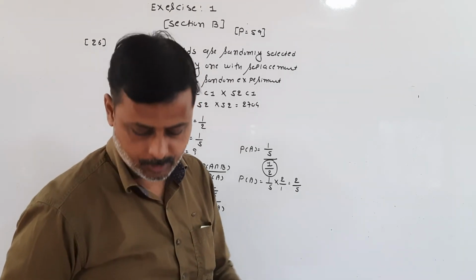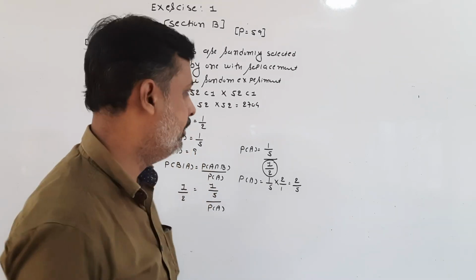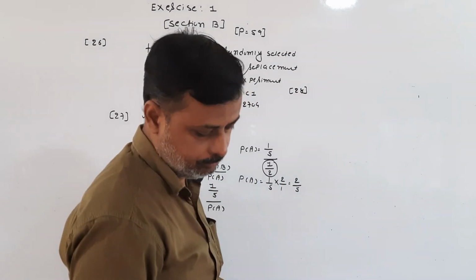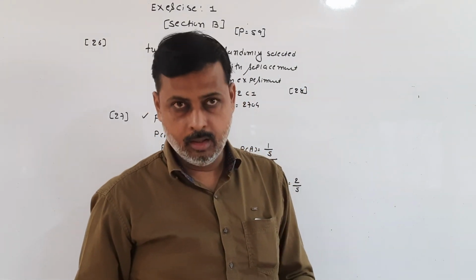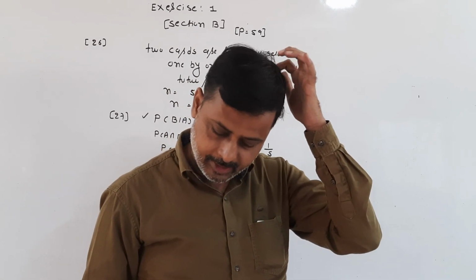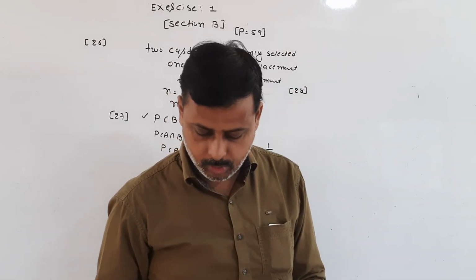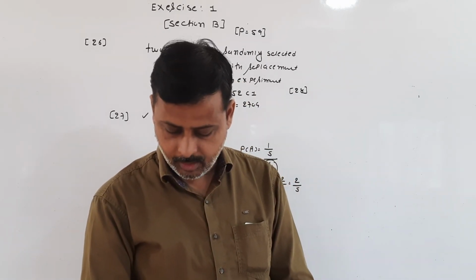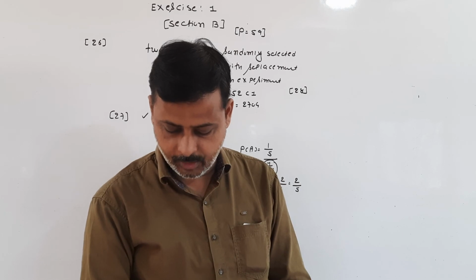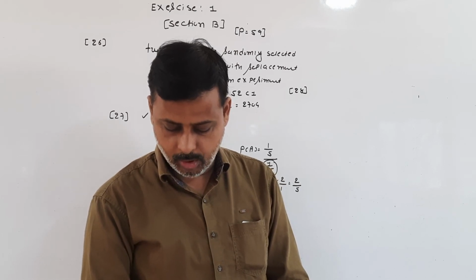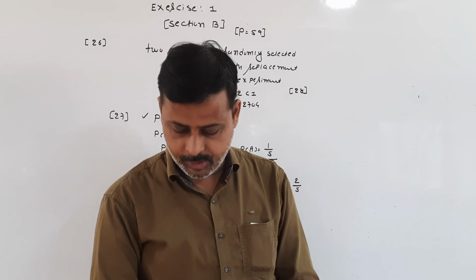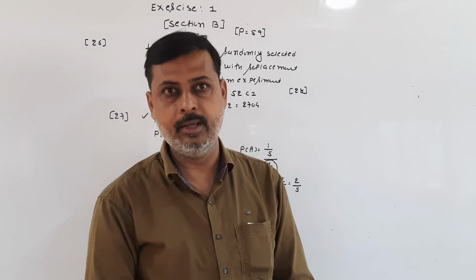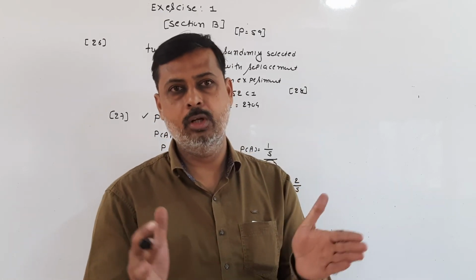Now last example of chapter 28. Look at the example. 1998 tickets out of 2000 tickets do not have a prize. If a person randomly selects one ticket from 2000 tickets, then what is the probability that the ticket selected is eligible for prize? तो यहाँ पे 2000 tickets है